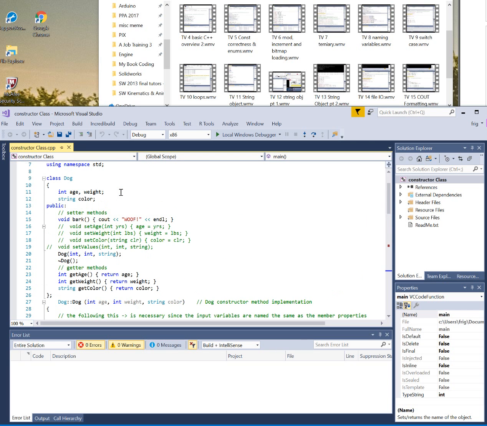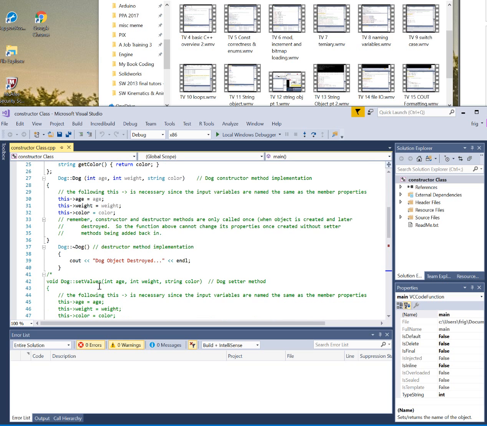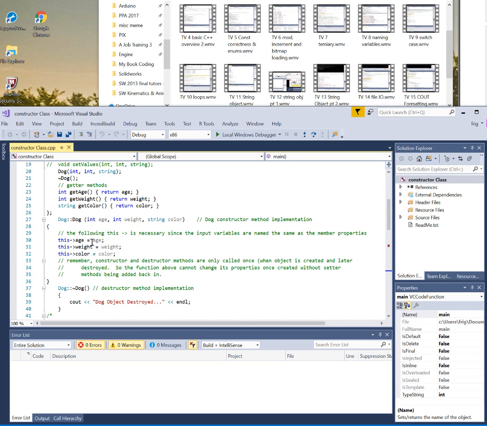Now, what we have here is called a constructor. Okay, and it's named the same as the class. And then there's a destructor also. When you declare a constructor, you've got to declare a destructor too. Otherwise, you won't have one. If you don't declare one, it'll just use the default constructors, which you never see. But you can define a constructor, which in this case will replace our old setter variable function with a constructor. So when you are creating the object, instantiating the object, as they say, you can assign the